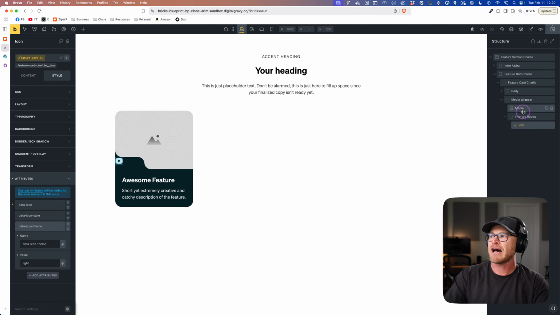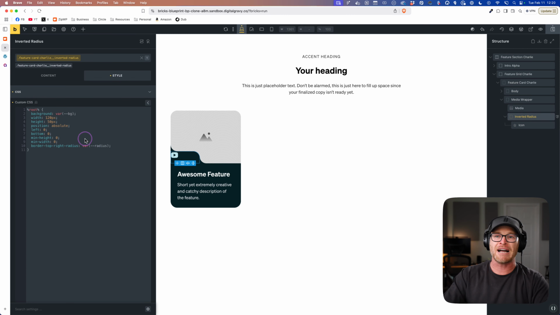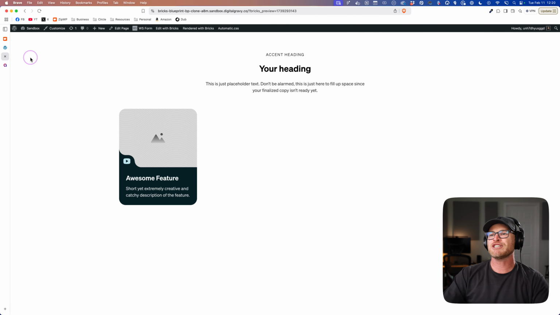Now I could go to my inverted radius box that I had, and I could say, you know, I want to display this as a grid, and I just want to place the items in the center, right? And it's going to place the items in the center. And now what I would like to do maybe is, can I do min content on this? No, probably because the icon doesn't have any text in it. Let's go icon. How about icon size? Can I multiply this by 2? I can. My gosh. Let's just bang. Look at that.